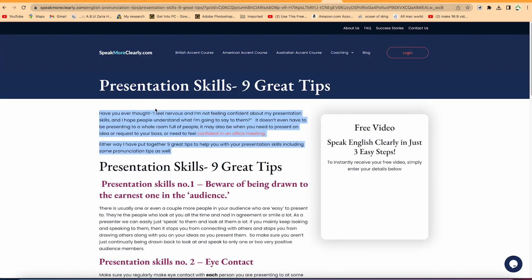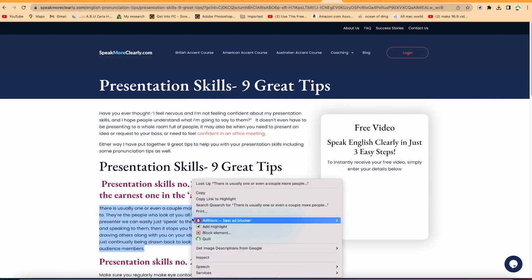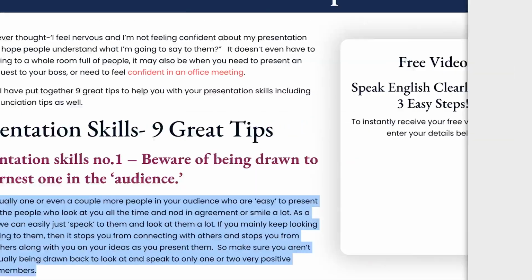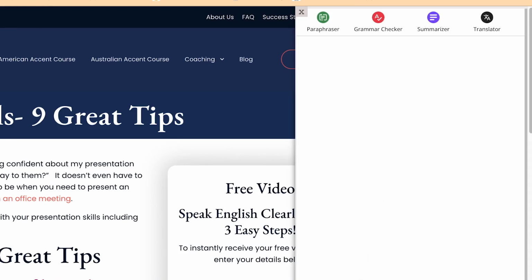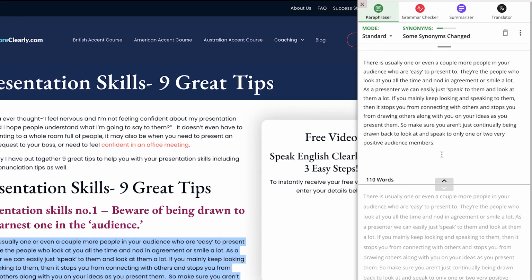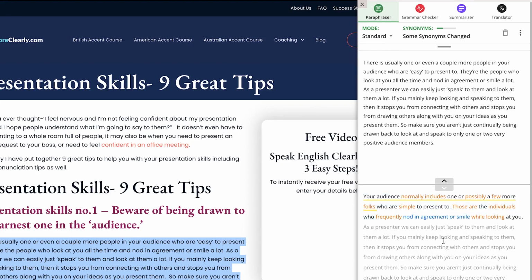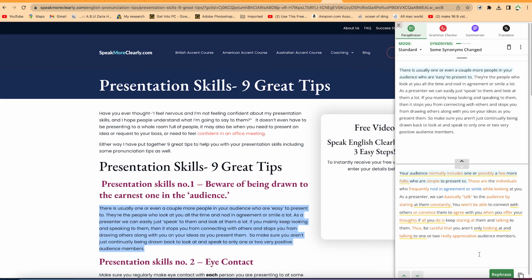article, in this blog post, and you want to summarize this content. You can just select, highlight it, and you can right click and say Quillbot, and it's going to enable the Quillbot extension from here. And you can see the text you have highlighted. You can see it has just summarized it. It has just paraphrased it for you directly. If it is paraphrasing that you want, you can see it has just paraphrased it.